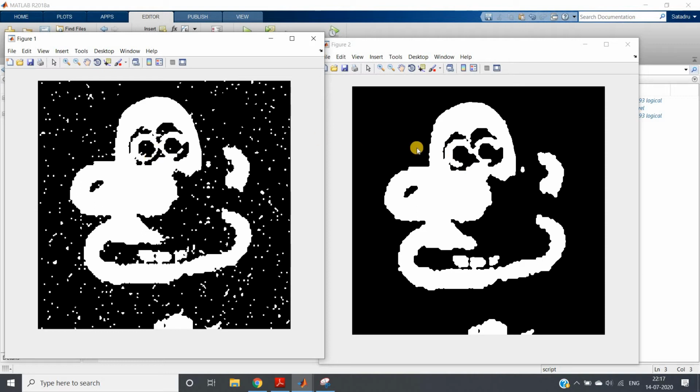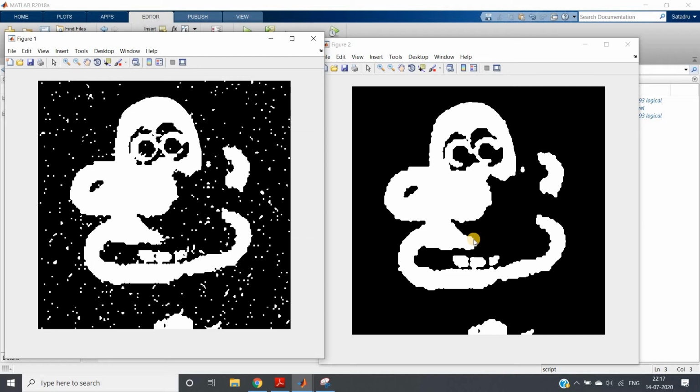Here there is a beautiful joint which makes one complete eye. Here we are not getting that. The thumb part also has the same problem. So the idea I want to convey is that although we apply erosion and after that dilation, it will not give us the original object if we want it.